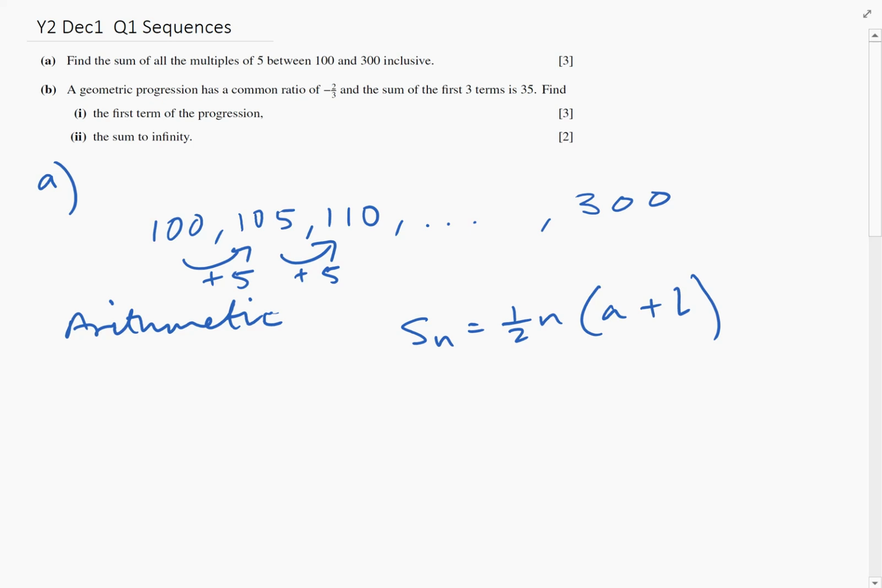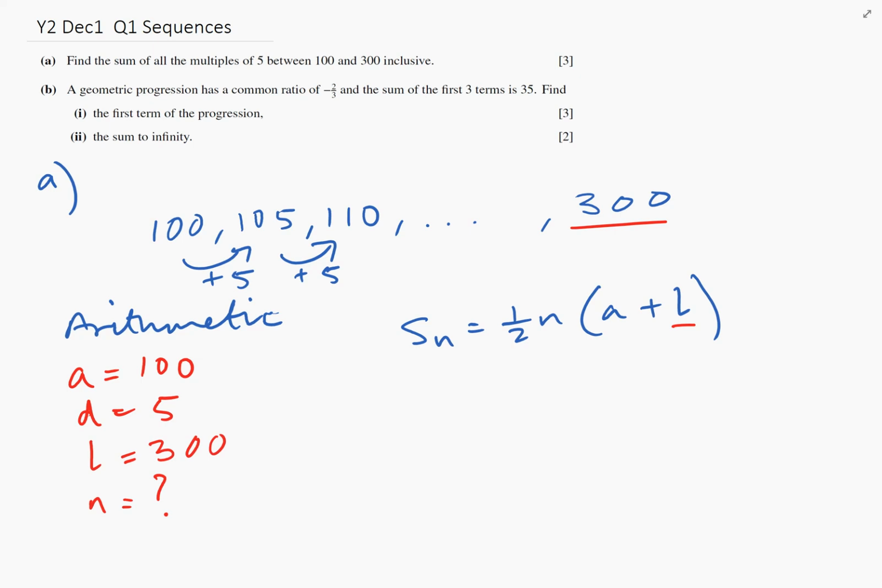The reason I'm using that one is because we know the last term is 300. So we know a, we know d, although if we're using that formula there, we could use the other formula with d in it, but this one's a little bit simpler. And we know l is 300. So in order to use this formula though, we still need to know what n is, and same if we use the other formula. So we're going to have to work out what n is somehow before we can work out the sum. So I think the best way to do that, to find out how many terms,